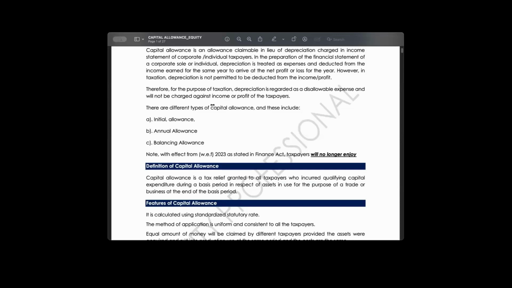Are we also going to be calculating capital allowance on a stapler? The answer will definitely be no, because most companies, even though they know by the principle of accounting that the useful life of a stapler is beyond 1 year,